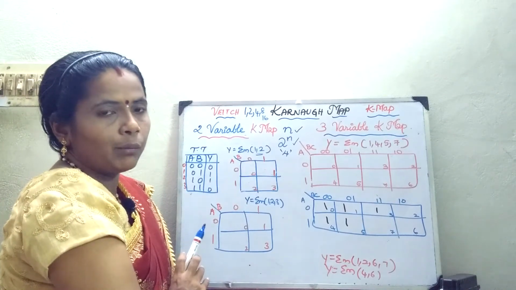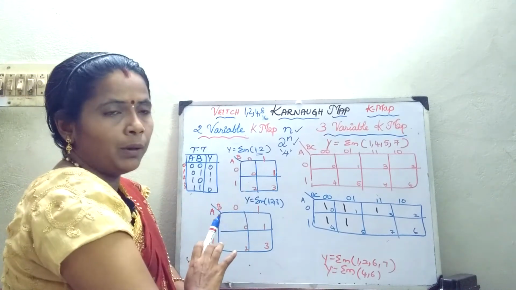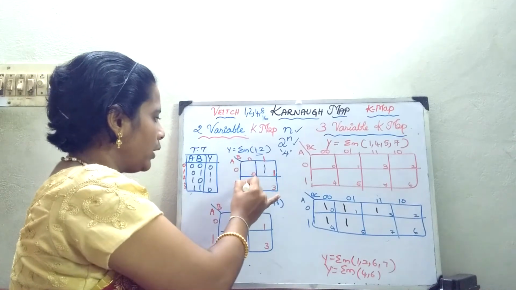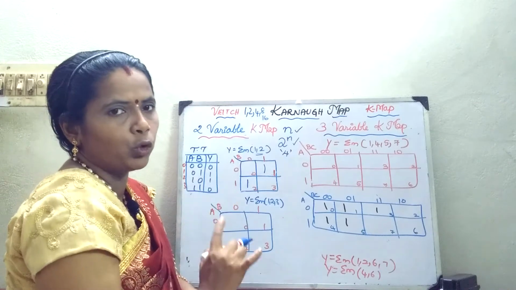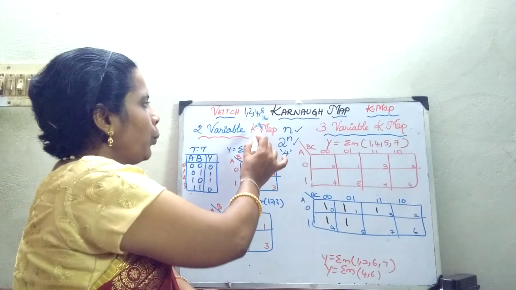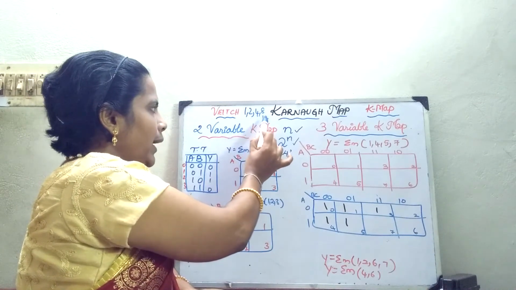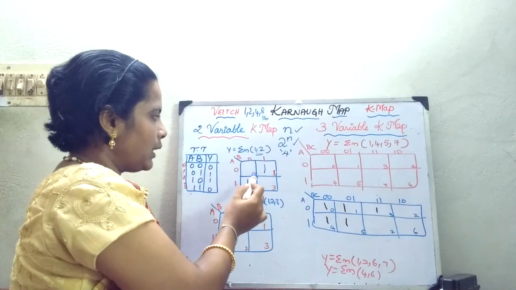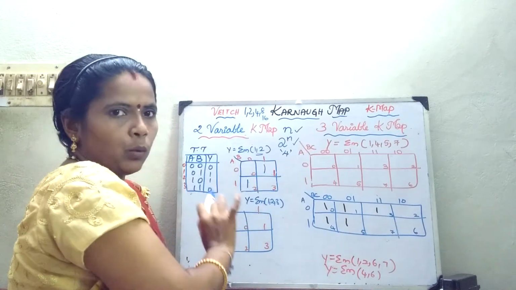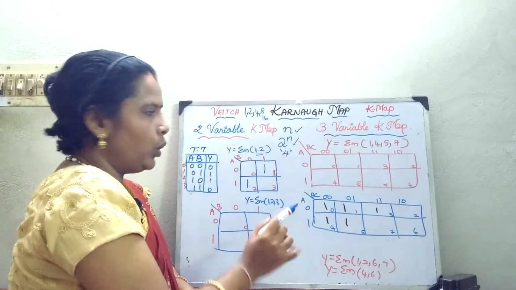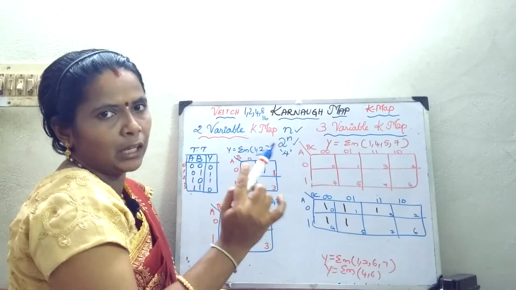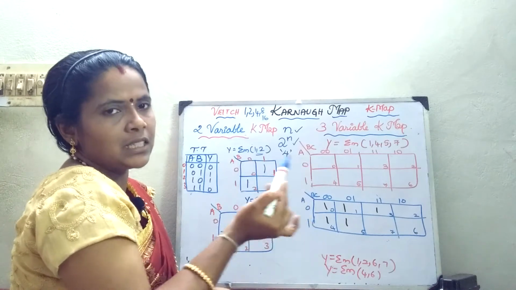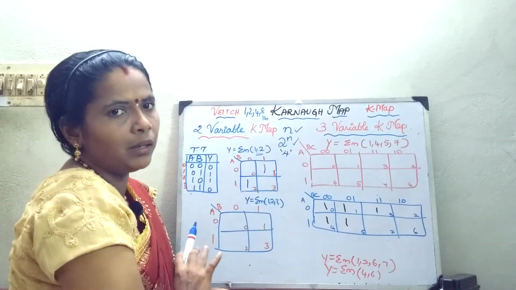Whenever I am going to mark this on the K-map, for 1 and 2, in those places I am putting 1. Now in this case all my 1s should be grouped, that is the rule. I should group in terms of 1, 2, 4, 8 and 16 cells. The second rule is that I should group all the ones. The third rule is that the cells should differ by a single variable, that is, only a single bit change should be there.